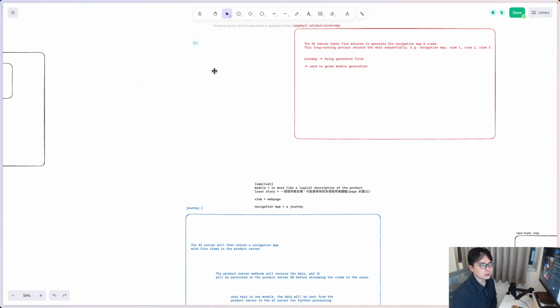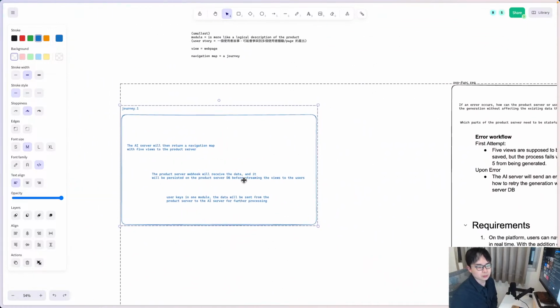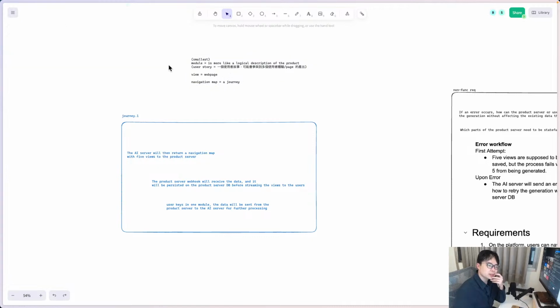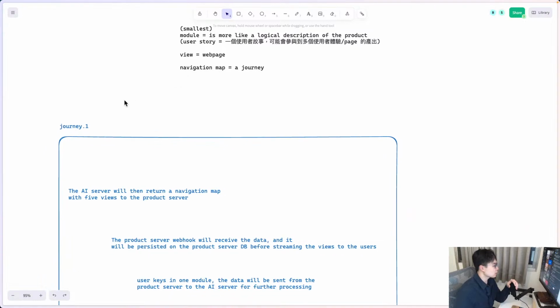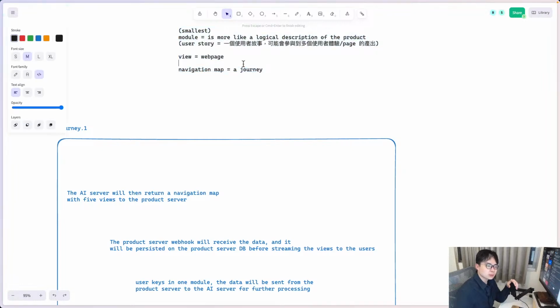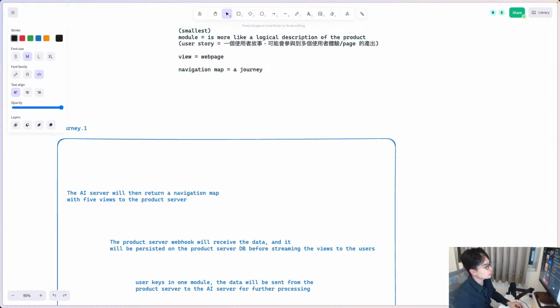This is also part of the issue that I'm trying to run into, because what you have described is basically the retry scenario, right? There are two ways this can be dealt with. One, on the AI server level, when it's processing the screens and it fails, that request will be dropped into a dead letter queue, and then it'll be retried internally within the AI server until it is successful. Or